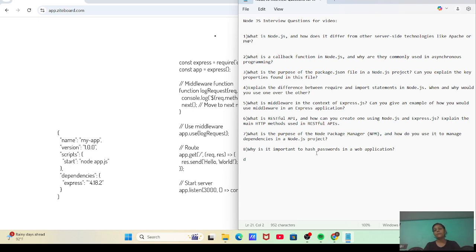Hashing is very important for sign up and login pages. Others cannot access your data without permission, and logging in as another user is not possible. It's very important to hash passwords in a web application.